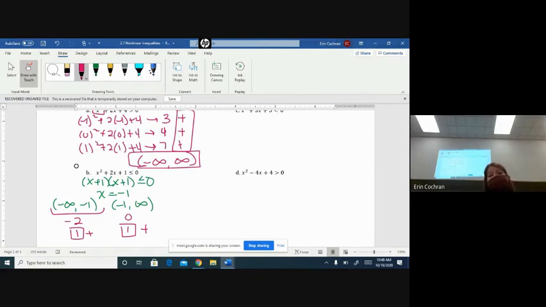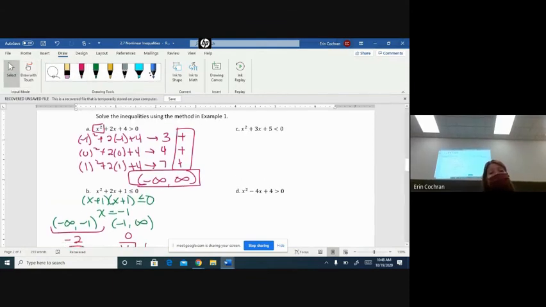Now, what's one key thing that's different with this problem than all the other ones that we've looked at? Huh? Close. This has an equal to. What does equal to mean? It has to equal it, right? So this one actually only has one number that would allow it to be equal to, right? And what is that one value? We know, you guys found it. It was